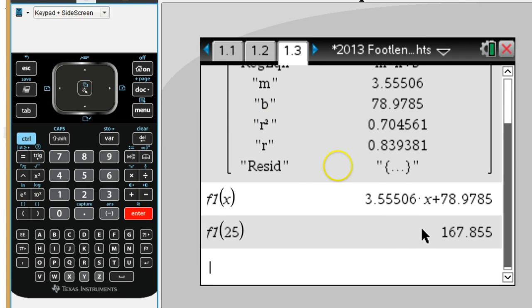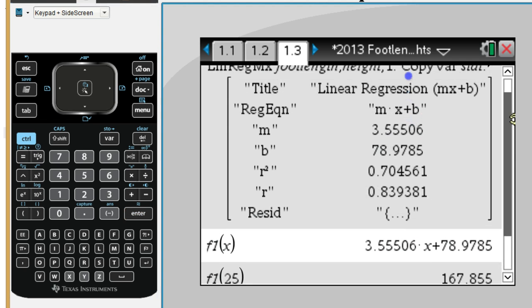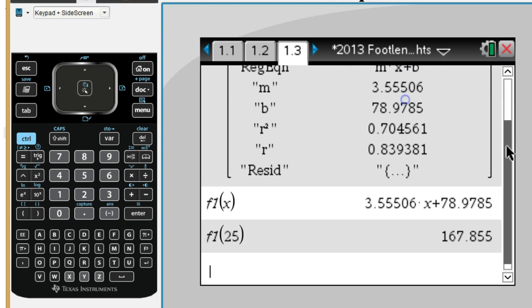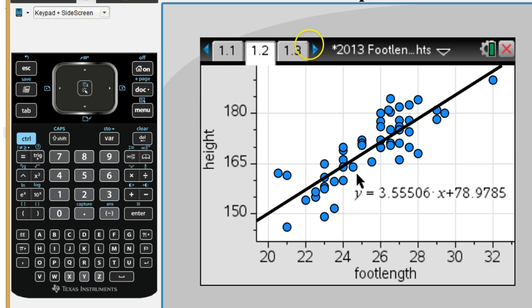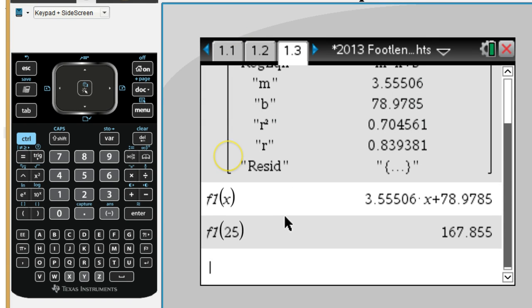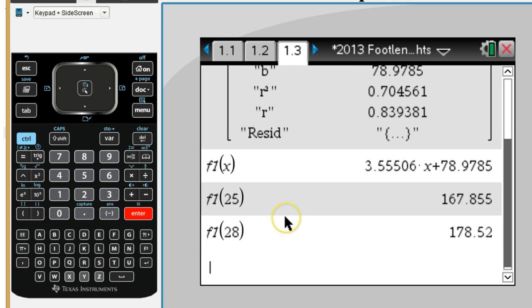Now that might not be the actual height. So let's actually find a value here and do this with the regression line. So let's take this value here I was looking at. This person has a foot length of 28 and a height of 168 centimeters. So I'm going to type in the foot length of 28. And notice that the regression line predicts this person's height to be 178.52. And if we take the actual height